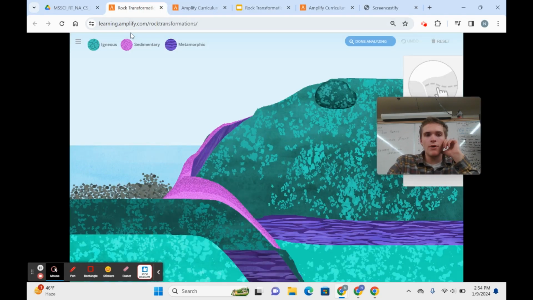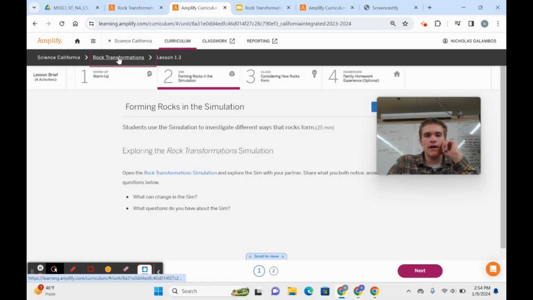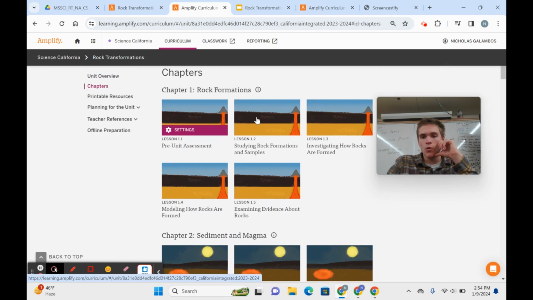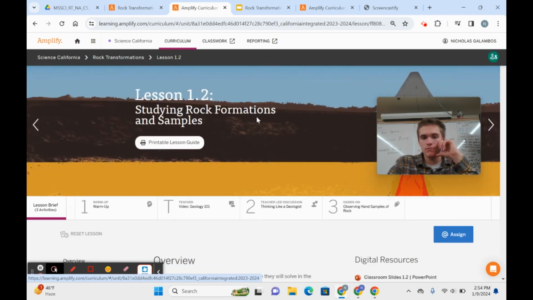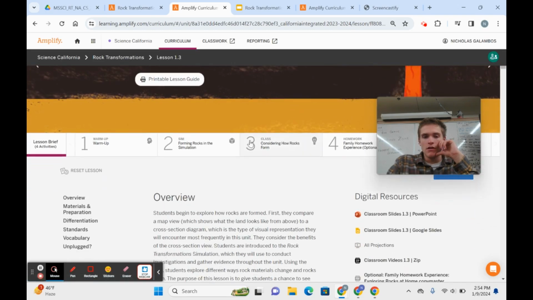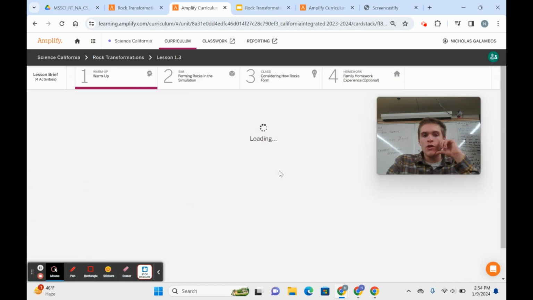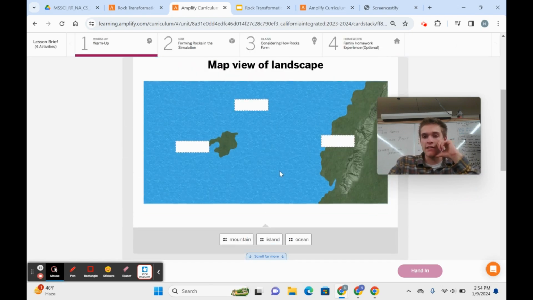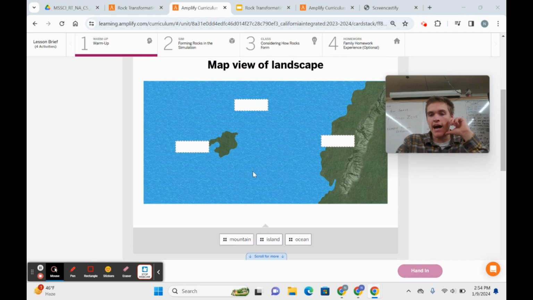So when I open the Amplify, I'm going to go to Rock Transformations 1.3, and we are going to go over this warm-up. This is a map view of a landscape. It's asking you to label it with 3 different labels: a mountain, an island, and an ocean.